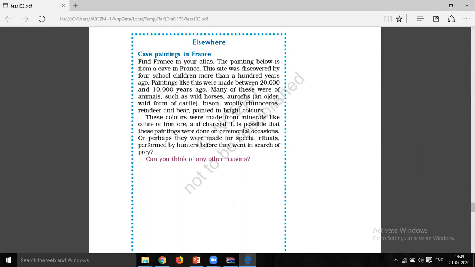So we have successfully completed, we have covered all the points regarding the Paleolithic sites, the Mesolithic sites, the Mesolithic period, as well as the Neolithic period. And we also saw what sites were.